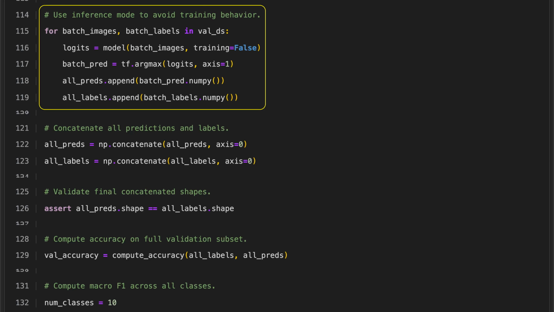We loop through each batch of images and labels from the validation set, and run the images through the model in inference mode so the model's weights stay fixed. This produces logits, which are the raw scores for each class. For each image, we pick the class with the highest score using an argmax operation and store these predicted classes. We also store the true labels from each batch. By collecting all predictions and all true labels across the entire validation set, we prepare the data needed to evaluate